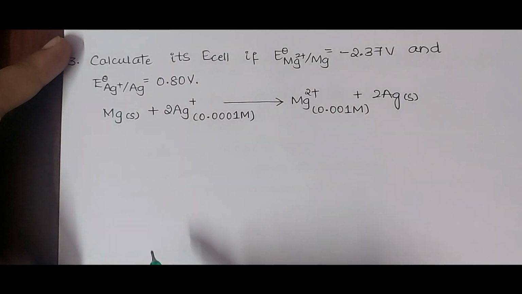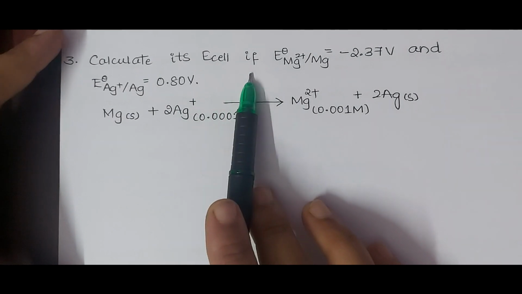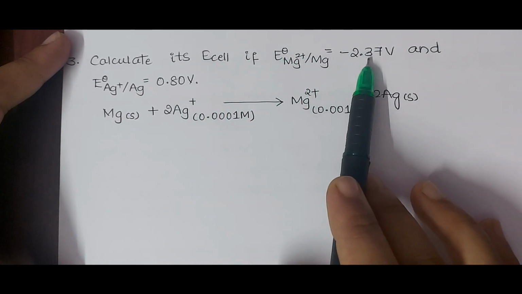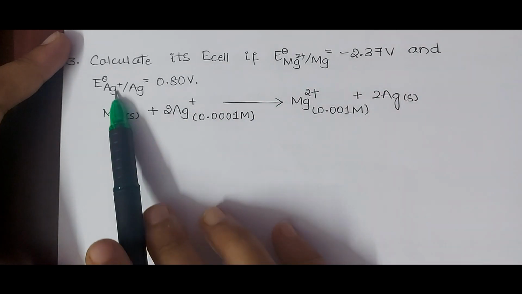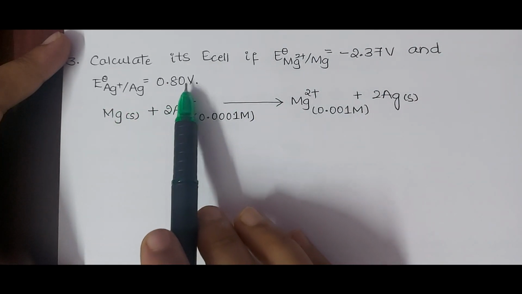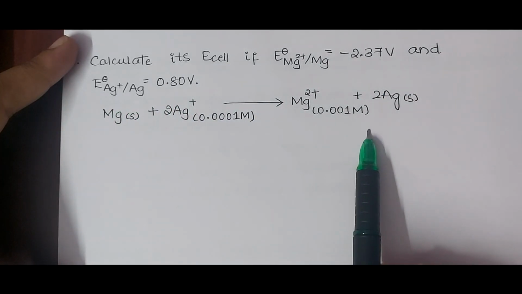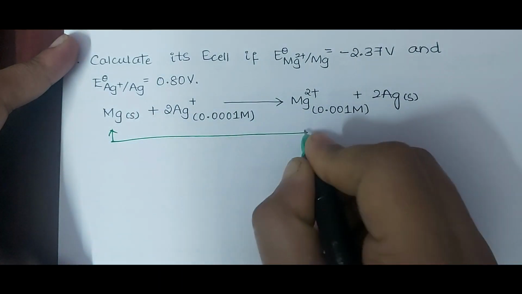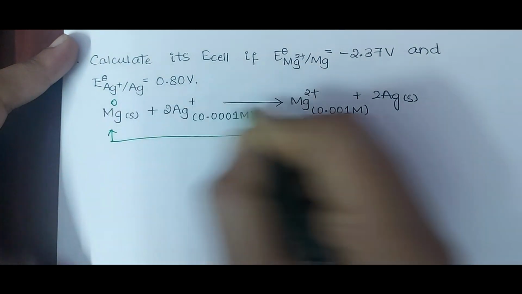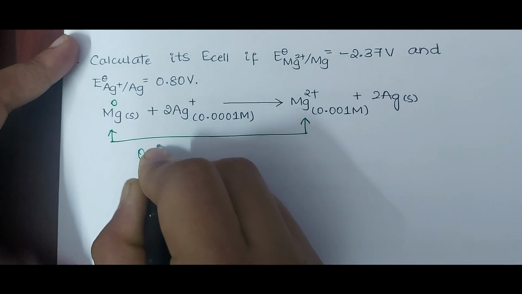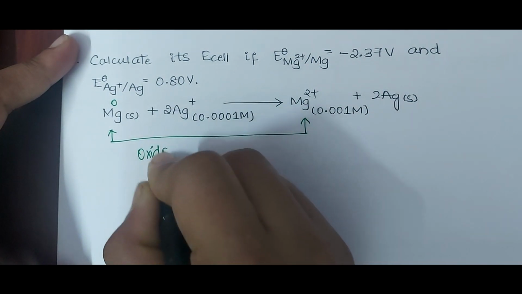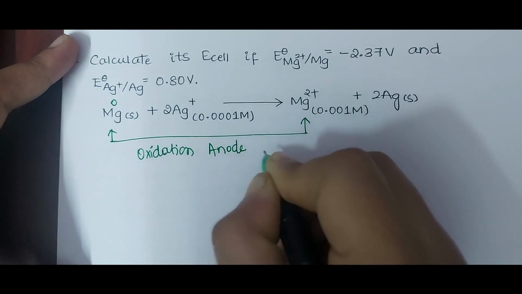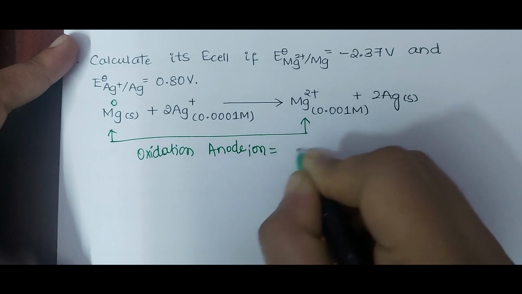So here the question given is, calculate the EMF of a cell if E naught of Mg2 plus bar Mg equal to minus 2.37 volt and E naught of Ag plus bar Ag equal to 0.80 volt. This is the equation given. So based on the equation you come to know that Mg changes from 0 to plus 2 oxidation state. It is an oxidation reaction. Oxidation occurs at anode, hence your anode ion is